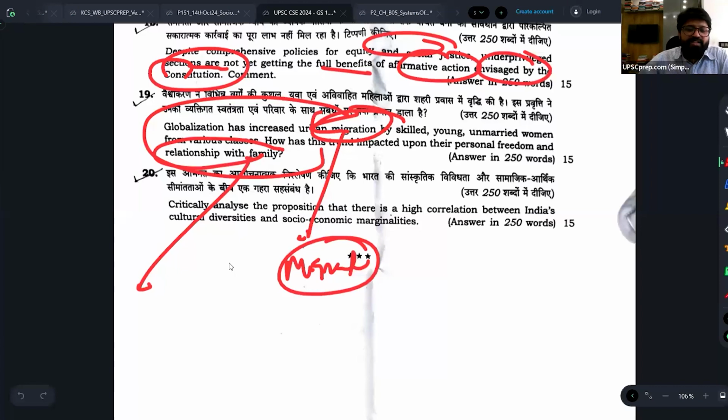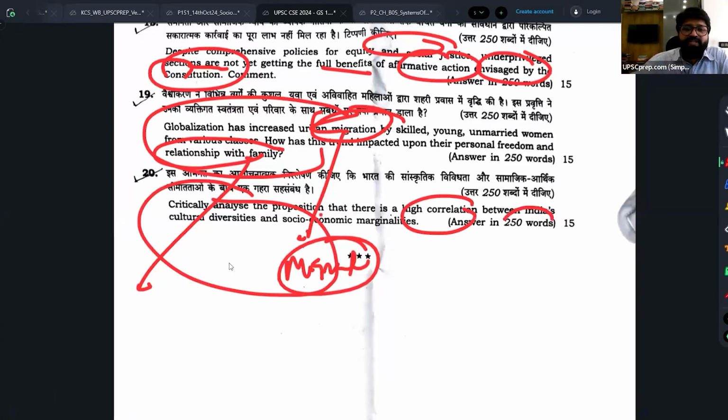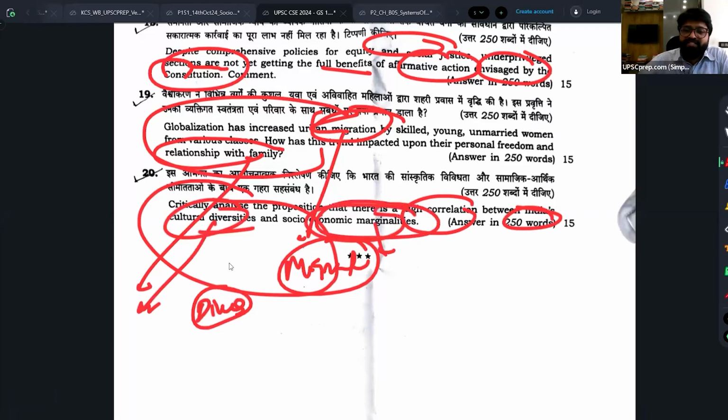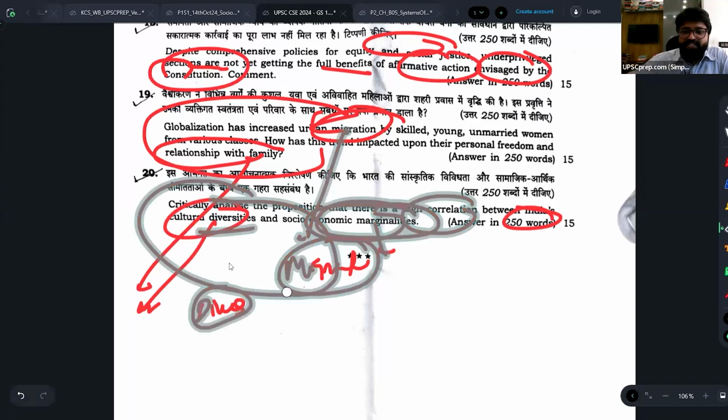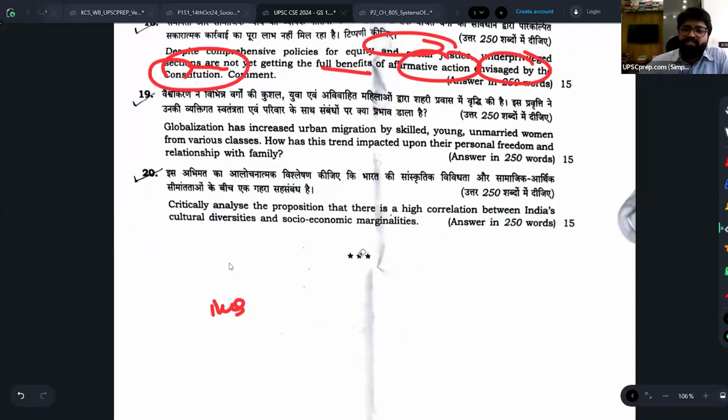Okay. Then finally, if you look at the 20th question: critically analyze the proposition that there is a high correlation between India's cultural diversities and marginalities. A lot of things about diversity we're going to discuss in paper 2. And marginalities: just now I've discussed economic marginalities. Whenever we discuss regionalism, there also we are going to discuss how diversities are impacting marginalities and development. And we are going to discuss aspects like, let me show you,